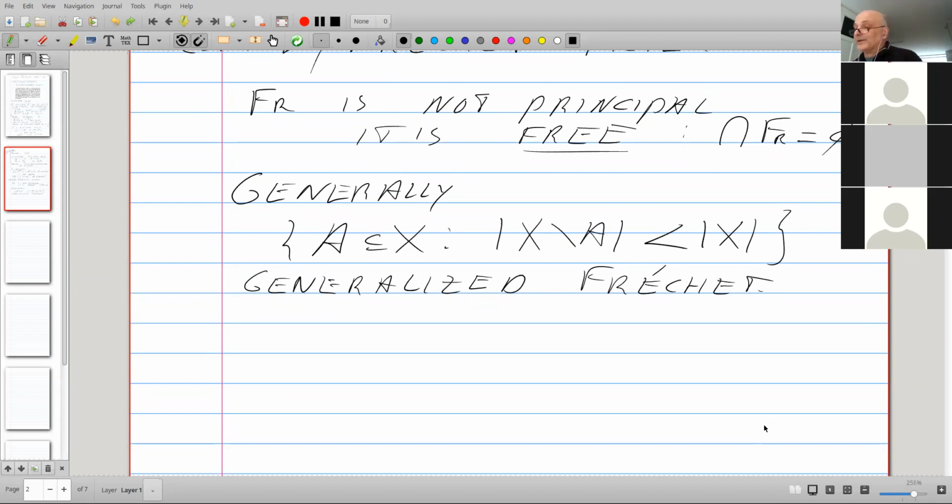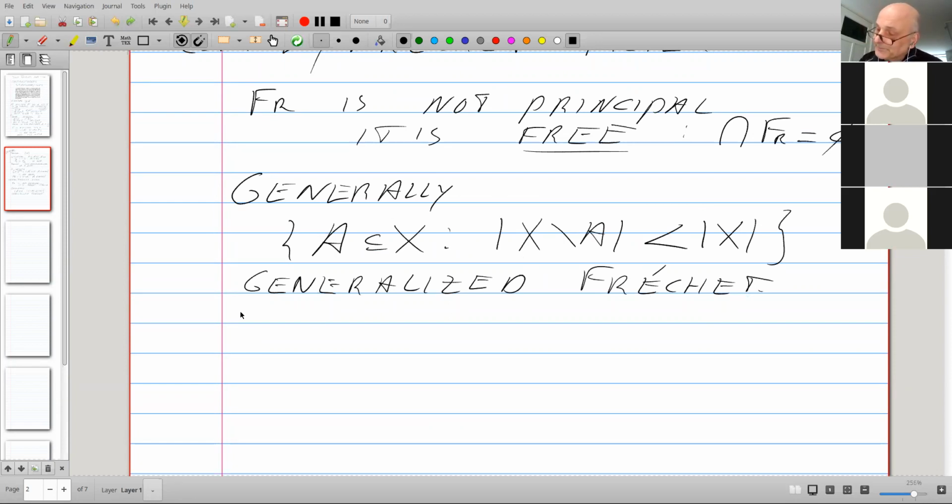That is also a filter. You can take the reals, and the sets with countable complements. That's a filter. That doesn't quite fall under this definition, but you can easily modify this to get what you want. In general, if you have a cardinal kappa, this family is the Fréchet filter on that particular cardinal.